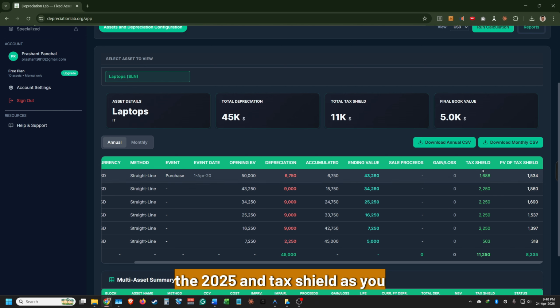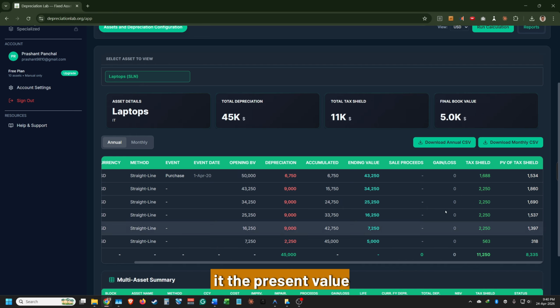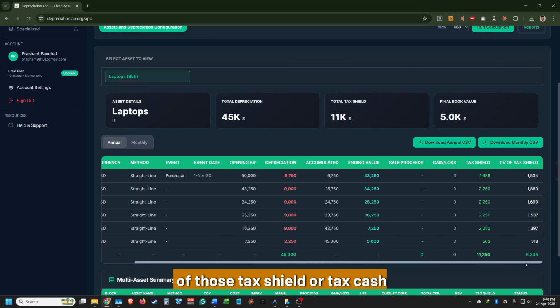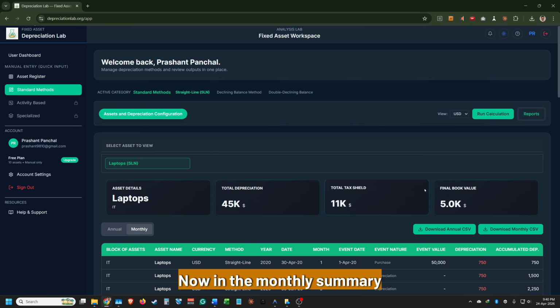And the tax shield, as you can see, is applying the tax rate at the back end and deriving the present value, as you can see here, 8335. This is the tax shield. This is how much tax you're going to save over a period of 5 years. And this is the present value of those tax shield or tax savings cash flow, you can say. Now in the monthly summary, you can see